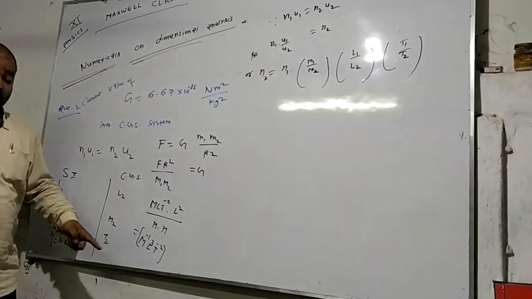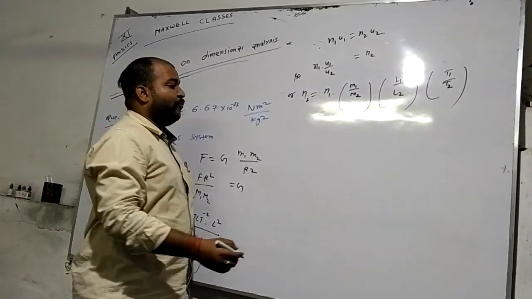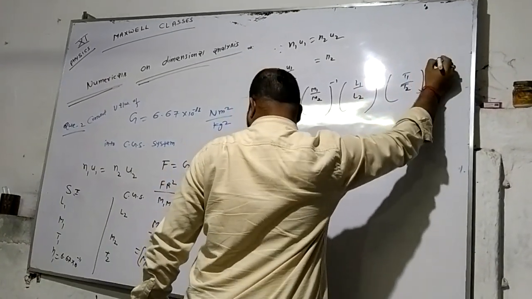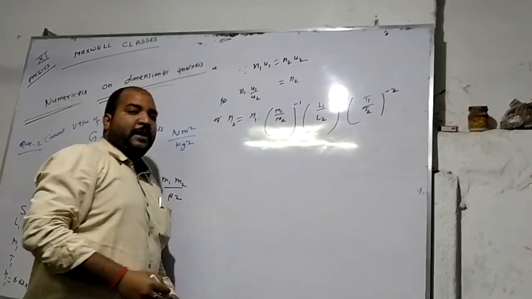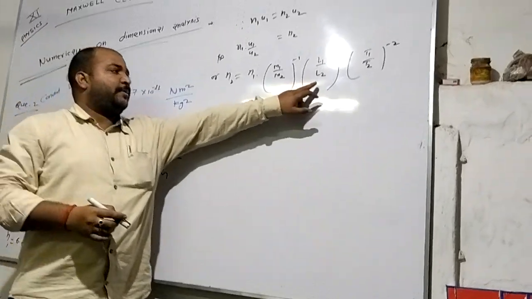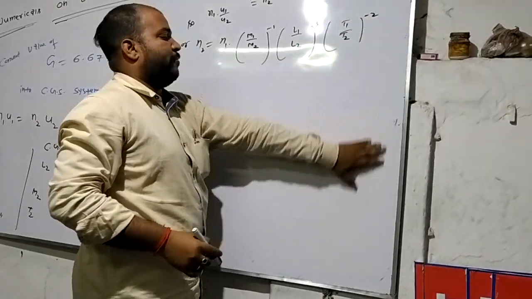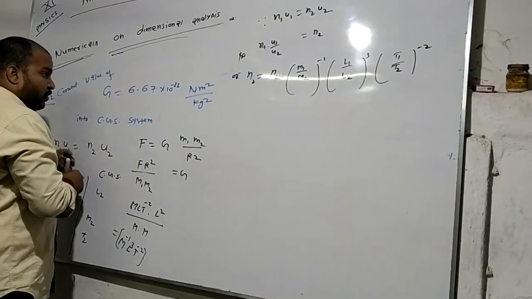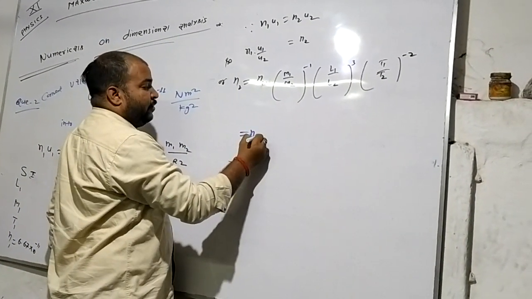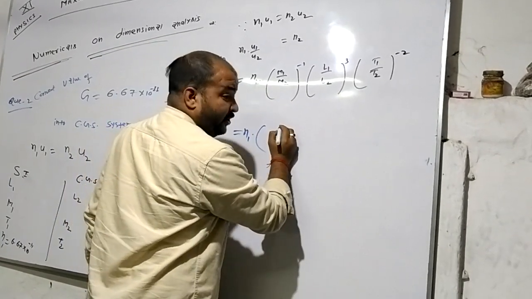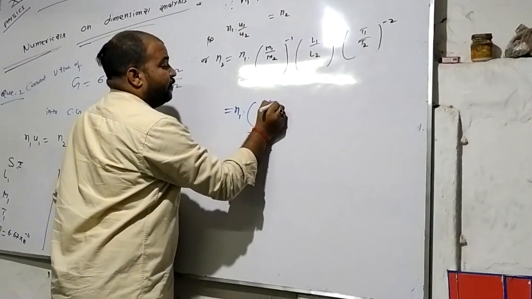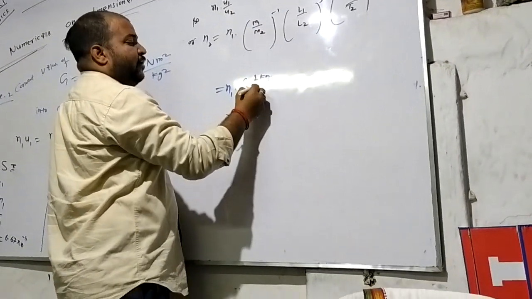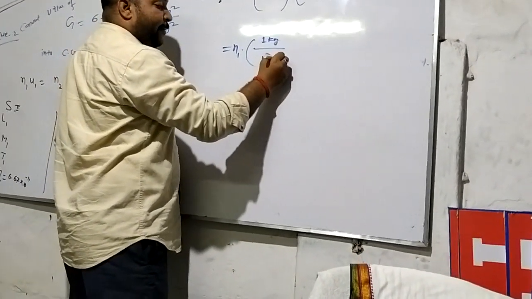What is the dimensions of the fundamental unit? Put here, we can say M1 upon M2 power minus 1, L1 upon L2 power 3 and T1 upon T2 power minus 2. Now, to find the value, as M1 is our first unit system, in which we put unitary values, all the values are to be put as 1 kg upon 1 gram.